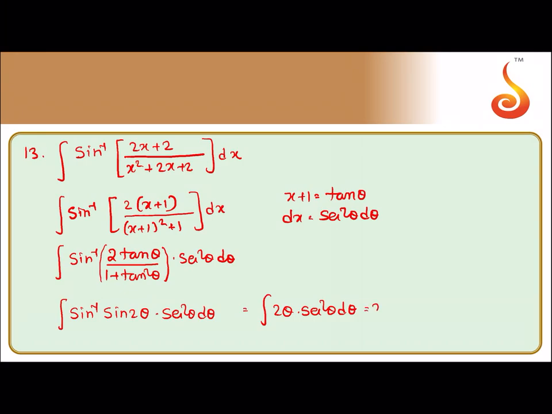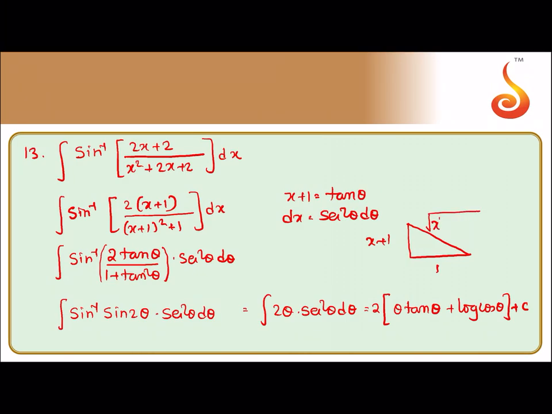Here you have to apply the product rule. So if we apply the product rule, we get 2 common, theta tan theta plus log cos theta. How it came? Product rule. So theta is the first function, the integral of secant square theta is tan theta, minus the derivative of theta which is 1, and the integral of tan theta is minus log sin theta, minus becomes... no, minus of minus log cos theta, plus log cos theta will come. Now how to convert this one to theta?